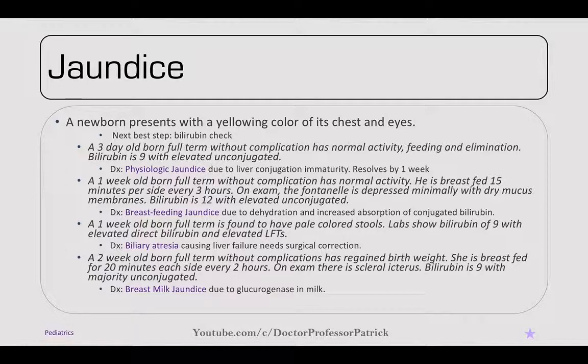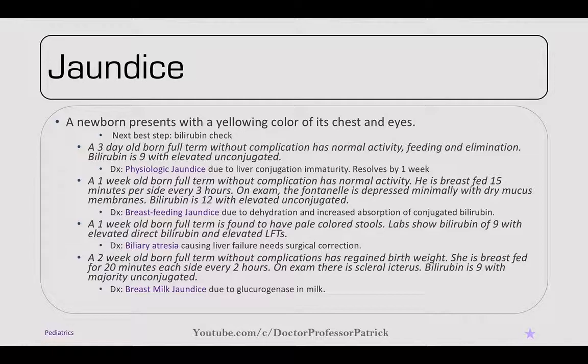Next, we've got a 1-week-old boy born full term. They're found to have pale colored stools. Labs show a bilirubin of 9 with an elevated direct bilirubin and elevated LFTs. So this can be biliary atresia. It can cause liver failure and it needs surgical correction. Last, we've got a 2-week-old